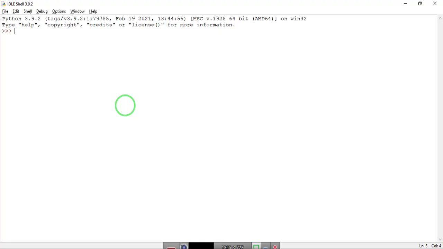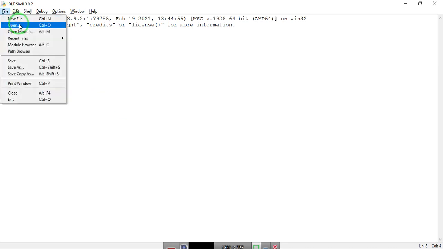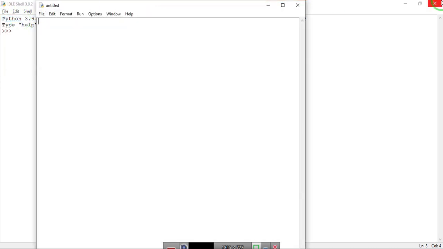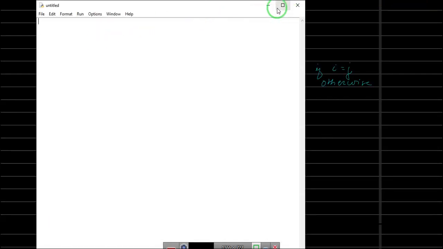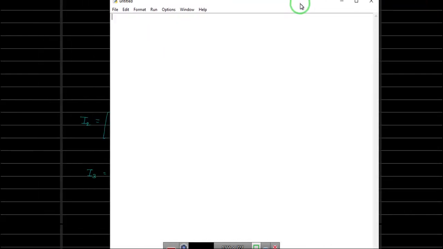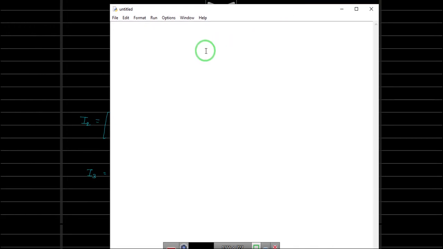So first let's start a new program, and let us rename this program this way. Okay, so let us start. This is a program to generate identity matrix. As I said, we will ask the user to give the input. So let us take input. Let us tell the user to give the input.